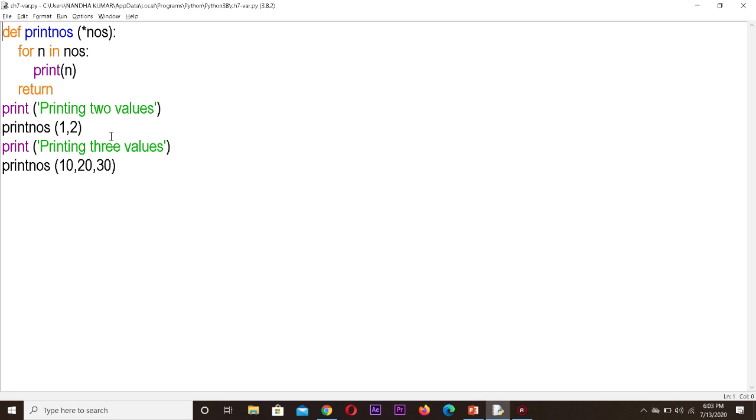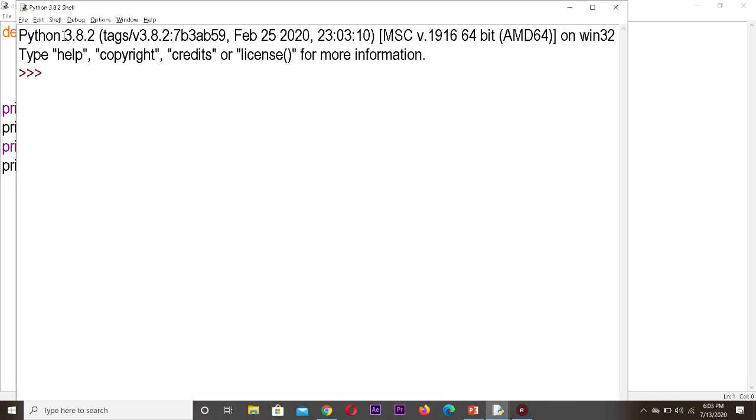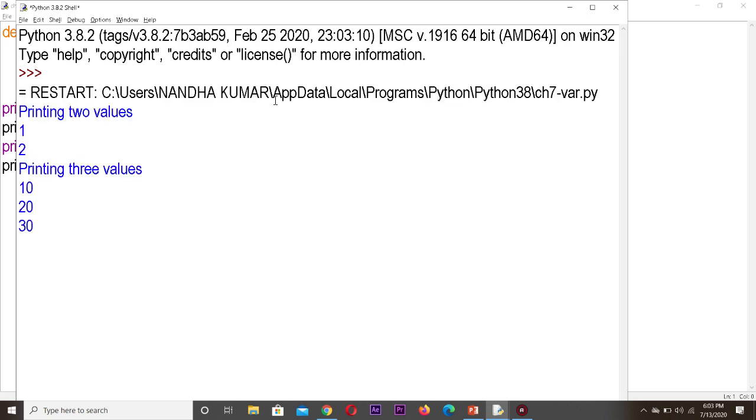Okay, now let us execute this program. So printing two values 1 and 2, printing three values 10, 20, 30.